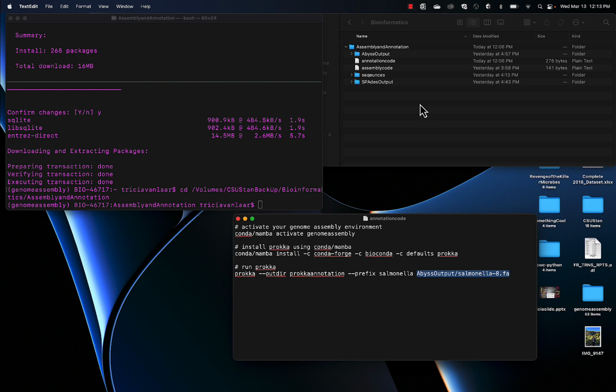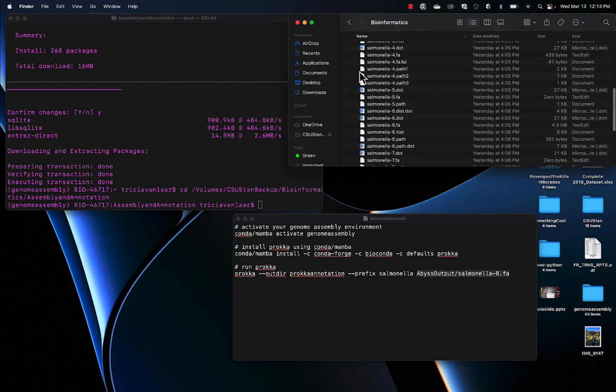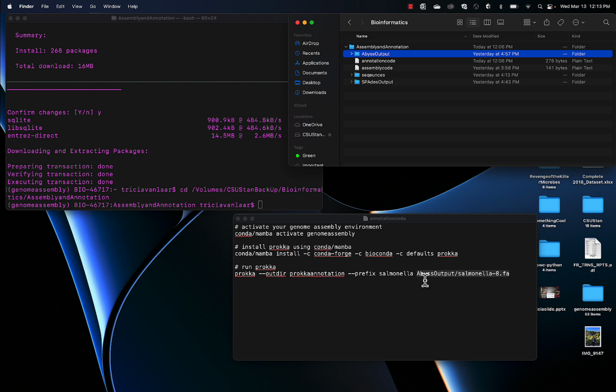My assembly is in a folder called Abyss Output, and your folder hopefully has a similar name. It doesn't really matter, whatever your folder is called. And then I want to do the one that was created last, which happens to be salmonella-8.fa. So I want it to look for the file in this folder. The program Prokka will go to the folder called Abyss Output, and then it will look for the file called